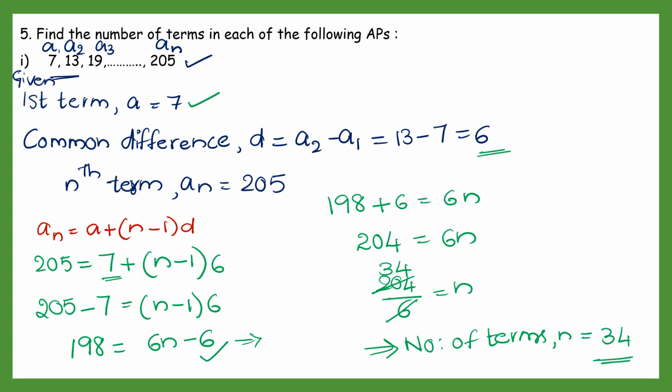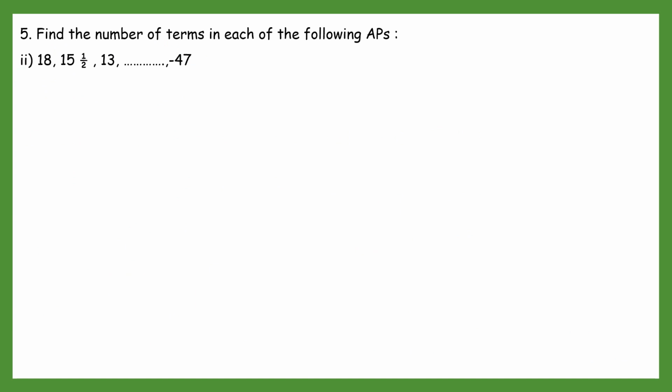So we need to know only this formula to find the answer. Next question. Find the number of terms in the arithmetic progression. They have given the arithmetic progression. So let's write what they have given. A1 or A, this is 18, A2 second term, this is third term, 13, last term means nth term is